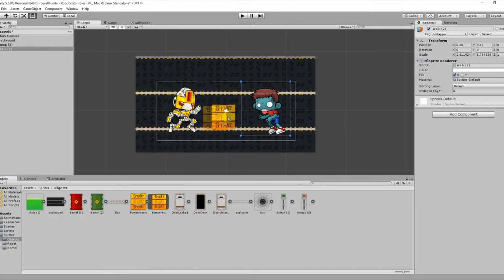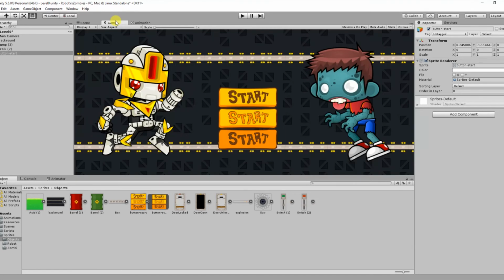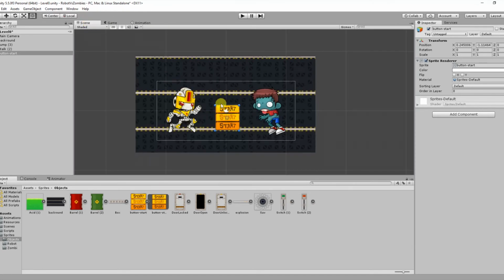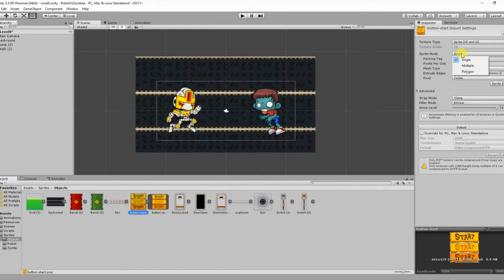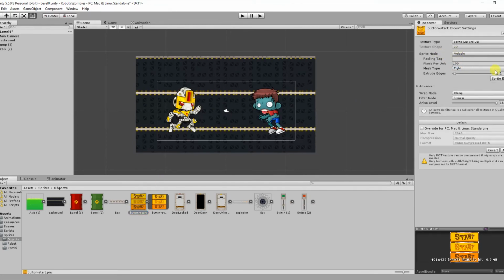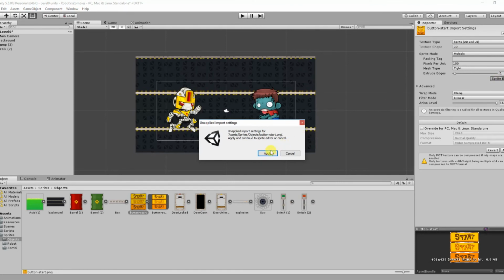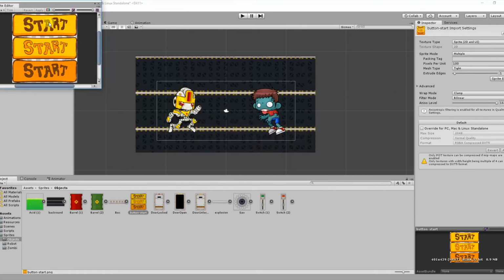We got this start button here, but we're not gonna leave it like this because this is a sprite image and we're gonna manage these sprites inside it. Inside the inspector, select the sprite mode to multiple and click on sprite editor. Hit apply, then we're gonna slice all the image inside it. So choose automatic